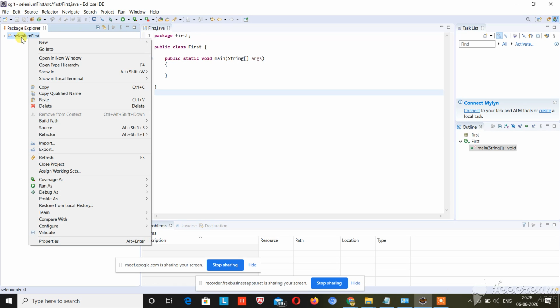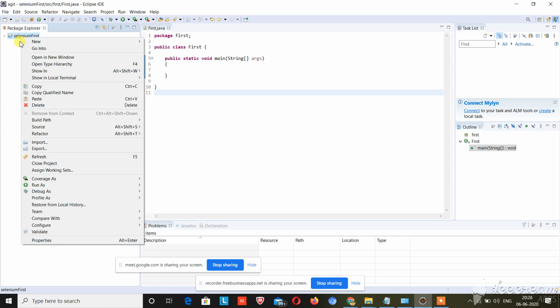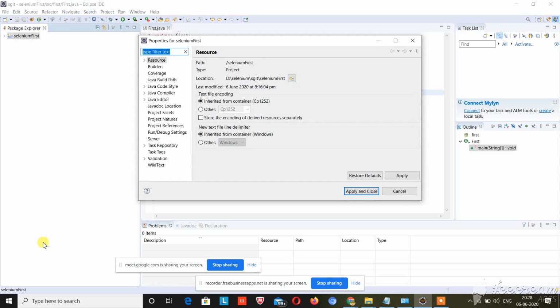What I have done: right click on Selenium first and go to properties. This pop-up window will open, and once it opens, you just need to click on this Java build path.